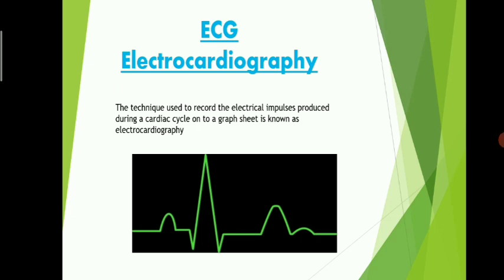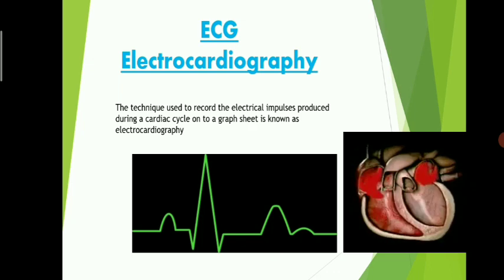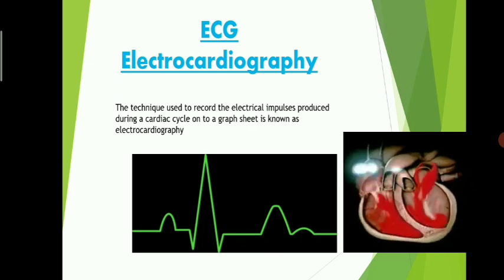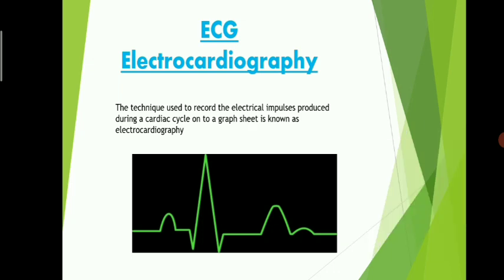Here's a fact. Our heart produces various electrical signals or electrical impulses while it undergoes repolarization and depolarization cycles. Our heart functions in various cycles known as cardiac cycles, and during these cycles, the muscles of the heart, or the myocytes, undergo repolarization and depolarization. These cycles are repeated on and on. This depolarization and repolarization is in the form of an electrical impulse known as the cardiac impulse, which travels across the auricles and the ventricles.